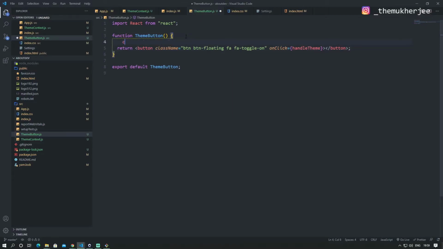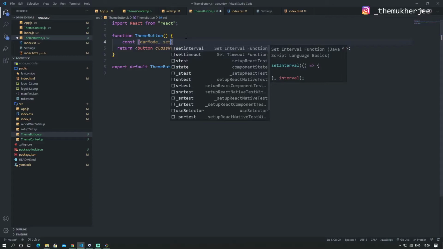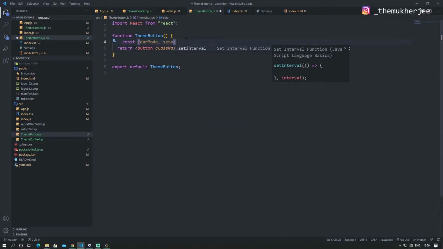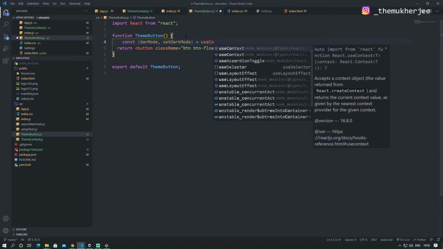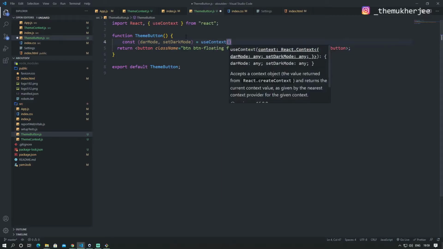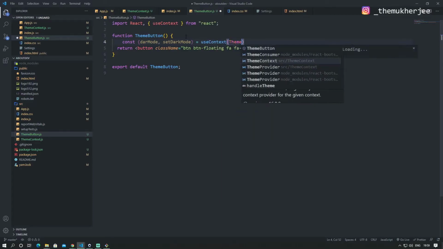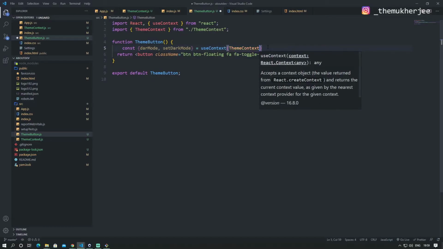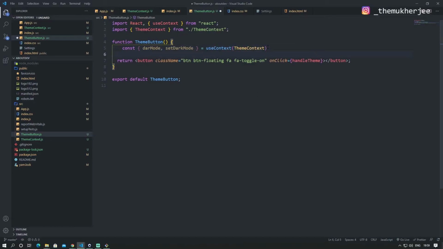And there we need const both of the thing. One is dark mode and another is set dark mode. Sometimes I just lose my flow of saying, yeah, set dark mode, and we're gonna say use context or import it, then theme context, sure. And yeah, great. So next we need the function of const handle theme,